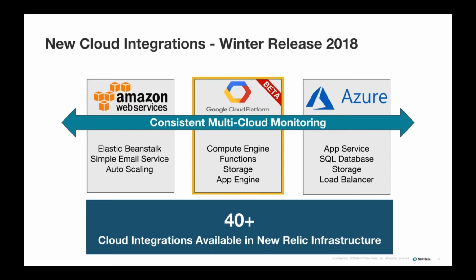Then we added quite a few integrations for Azure, which today has around 10 integrations. We're planning to invest more in Azure. So we just released App Service, SQL Database, Storage, and Load Balancer. And we have a new rising star in Google Cloud Platform, which has been largely requested by our customer base. And a couple of quarters back, we decided to start investing in getting